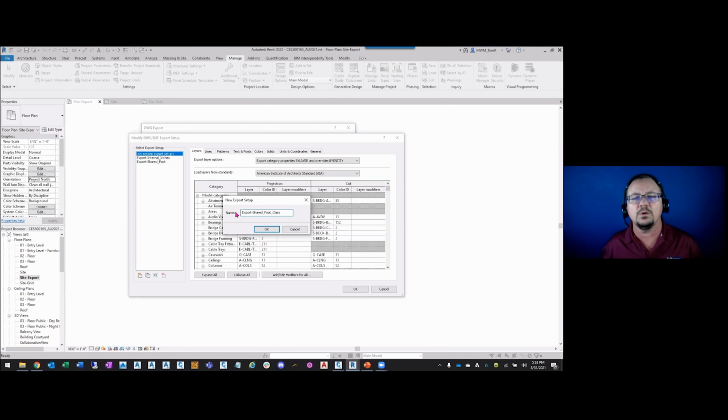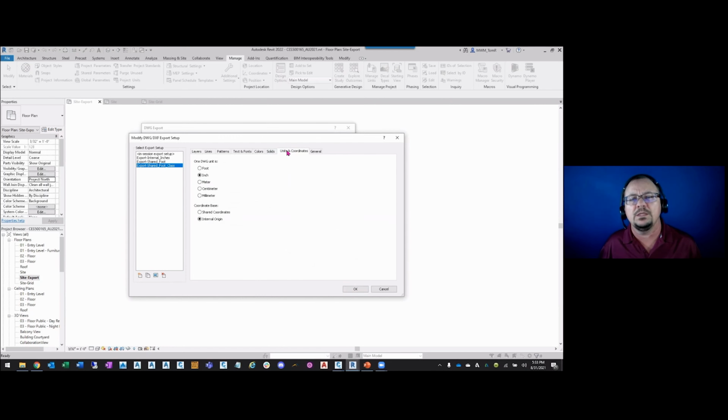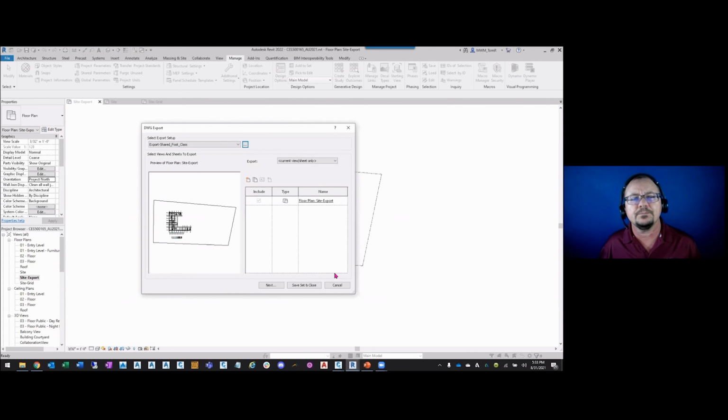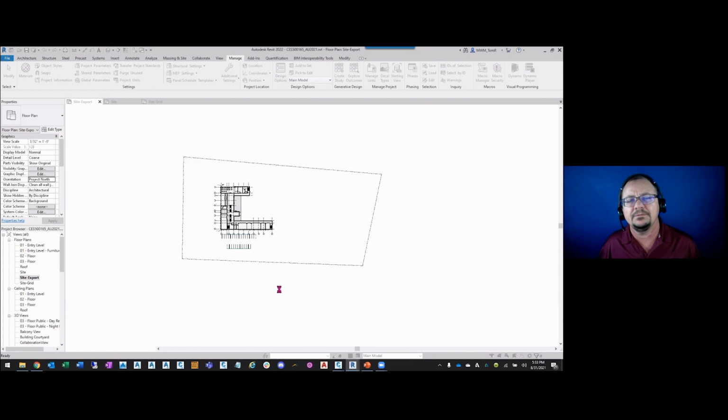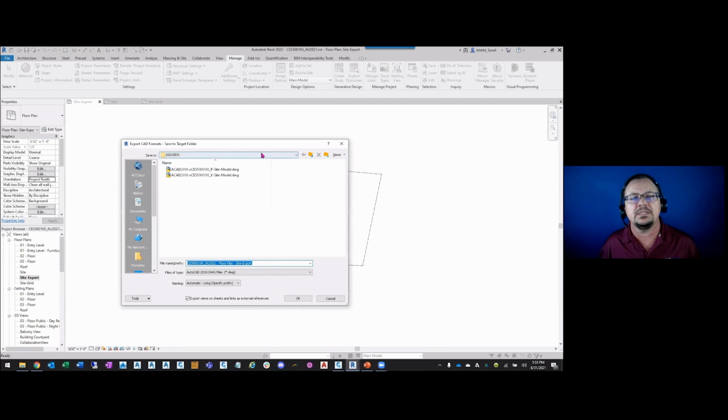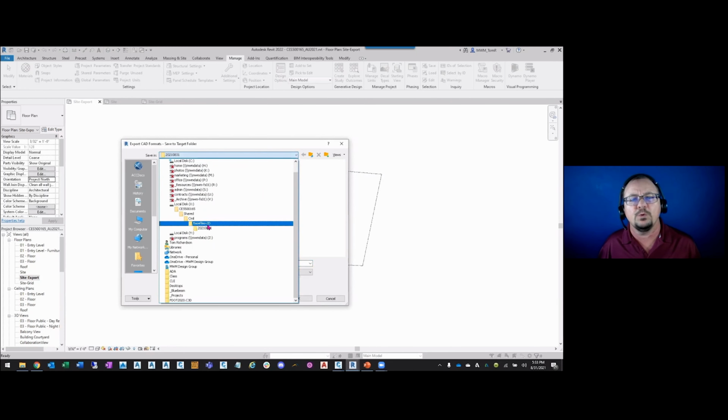We'll call this underscore class, since we're doing this one in the class. So once you have that selected, you're going to go to that units and coordinate tab, set it to foot, set it to shared coordinates, and click OK. Now you'll see that it says shared foot. This is the class version. And I'm going to click next. And I'm going to select the location for the export.